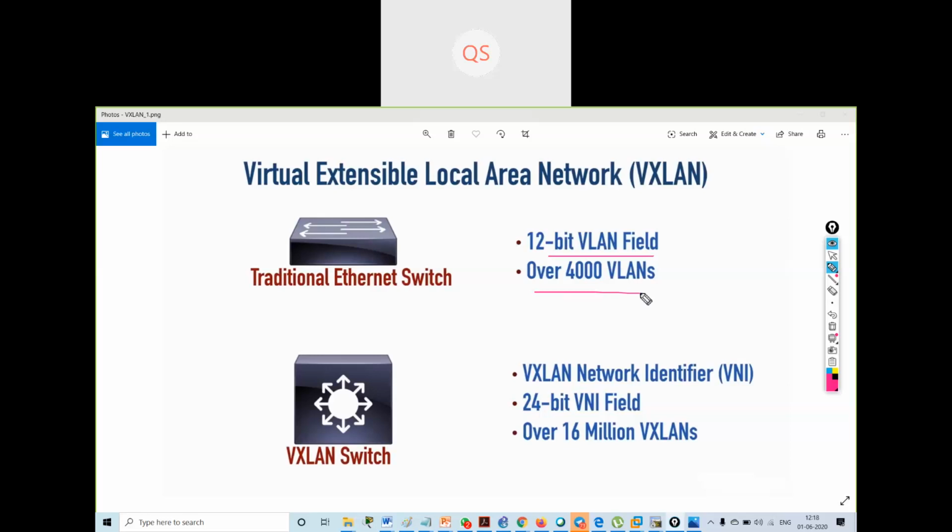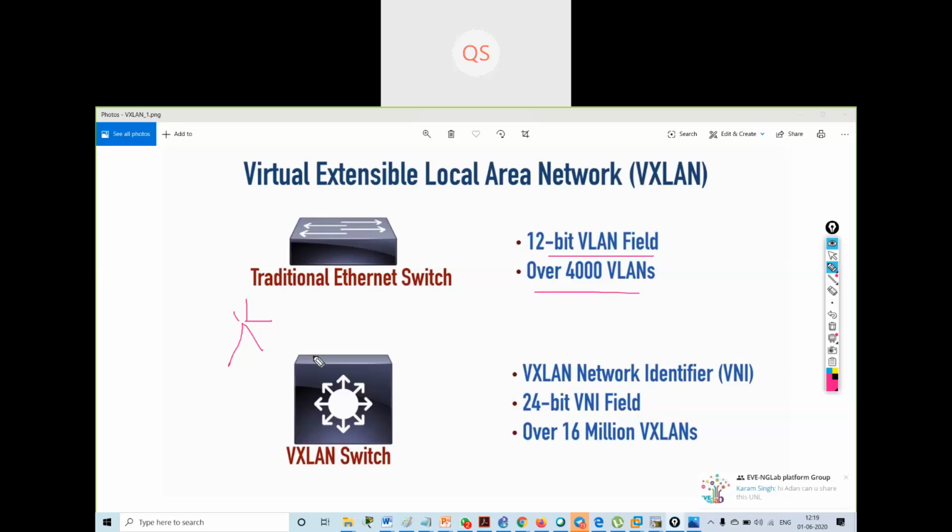In that scenario, we could easily run out of VLANs, because we will be having multiple virtual machines in our data center, and we have to keep them in different VLANs. So then this concept is introduced, that you can use a concept known as VXLAN.